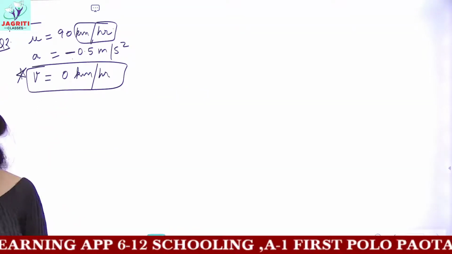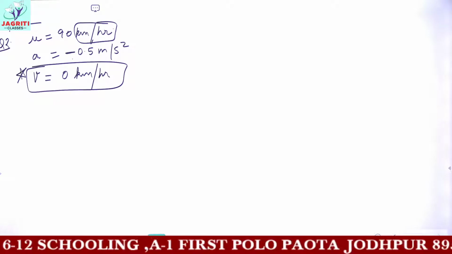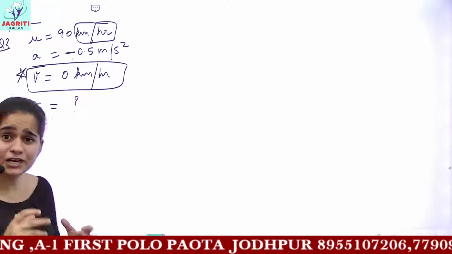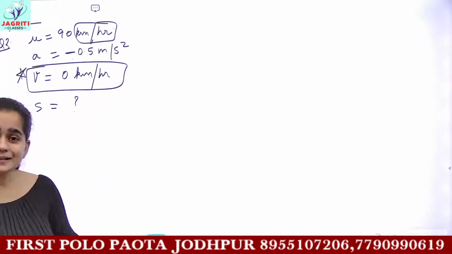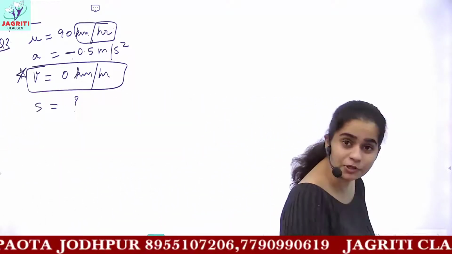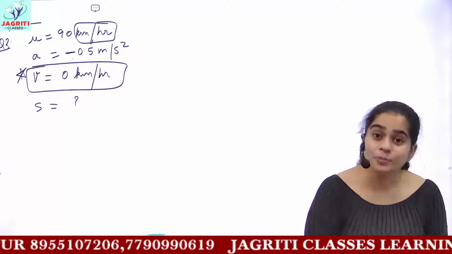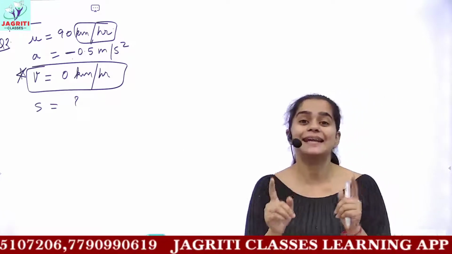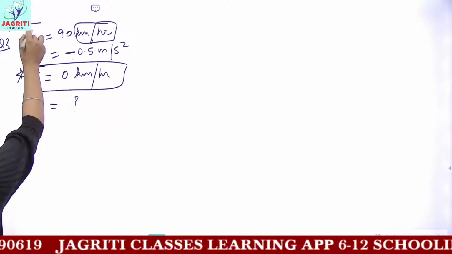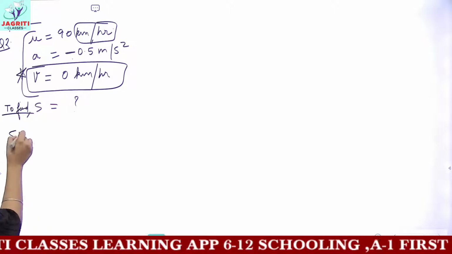So now, reading the question forward, find how far the train will go before it is brought to rest. So you have to find the distance the train would travel. Let's suppose you are in the train, you applied the brakes. The train gradually slowed down and then it stopped. So meanwhile, when the brakes were applied and the train actually stopped, you have to find the distance which the train has traveled. So we have to find S here. So these are the given values and this you have to find. Now we will be doing the solution.